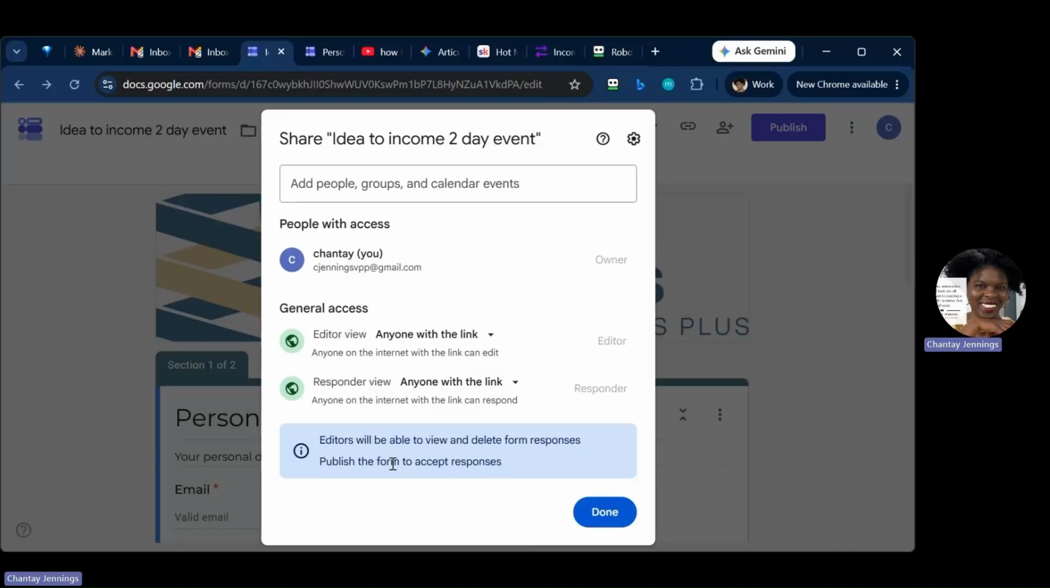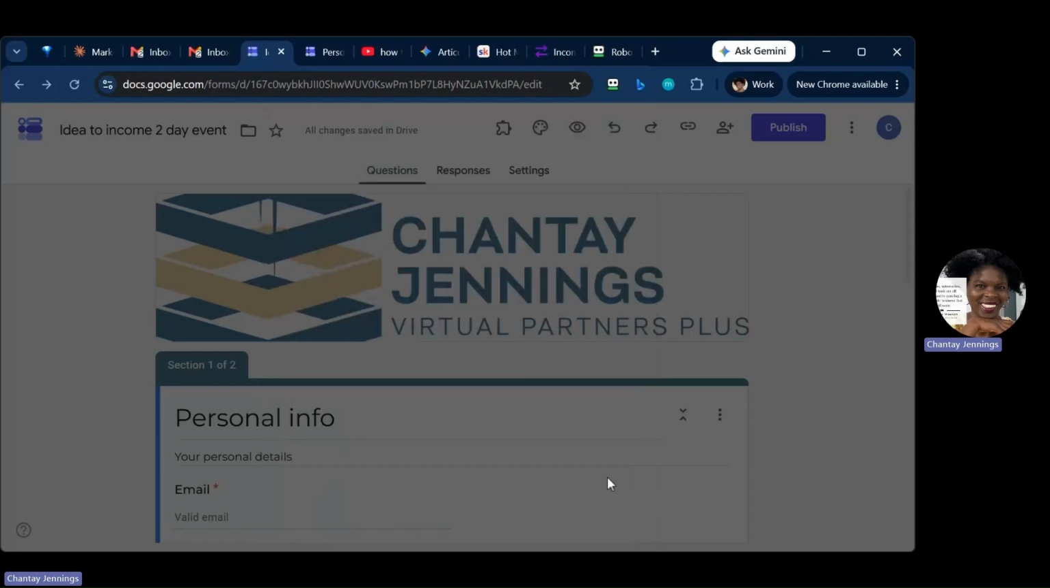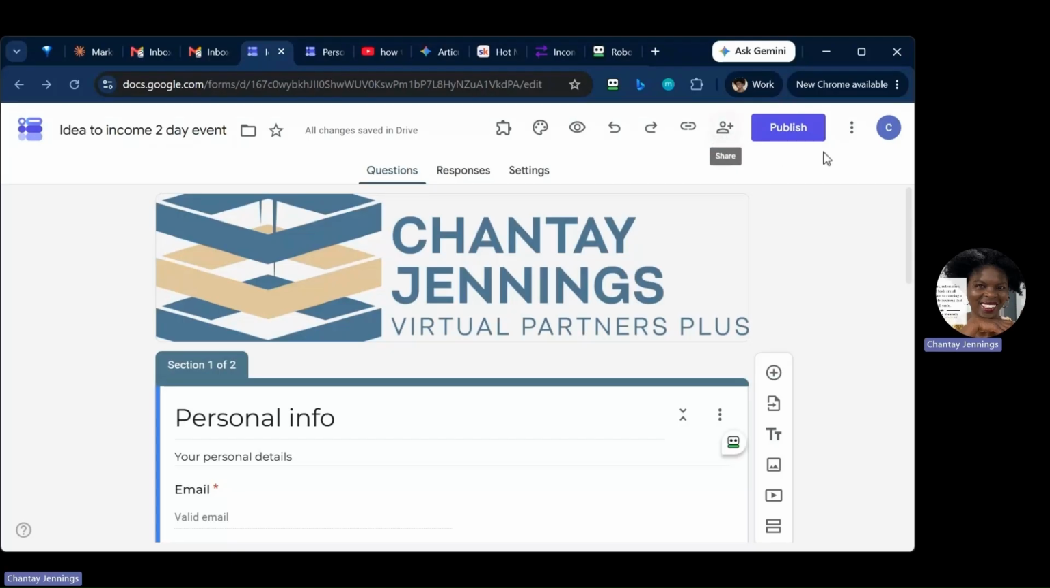And it has a note: editors will be able to view and delete form responses. And to do that, we publish the form to accept responses. So now we're done with sharing access. So we've taken a look at questions and settings,